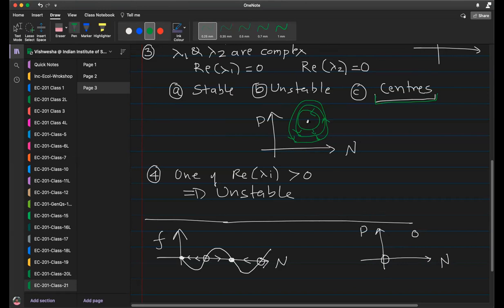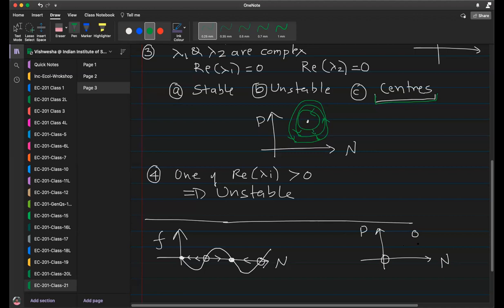So one scenario is what you have already seen, by the way. This was actually neither unstable nor stable, right? And the real part of the eigenvalue was 0. But what I'm saying is this: the real part of the eigenvalues of both of these equilibria are positive. So what does that mean? This will now push away. This also will push away.